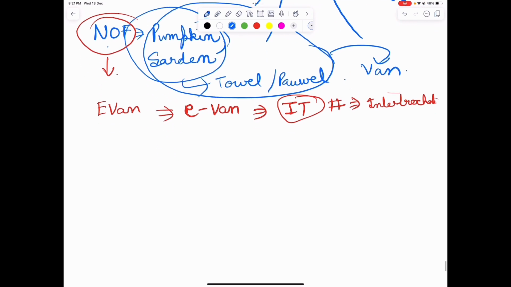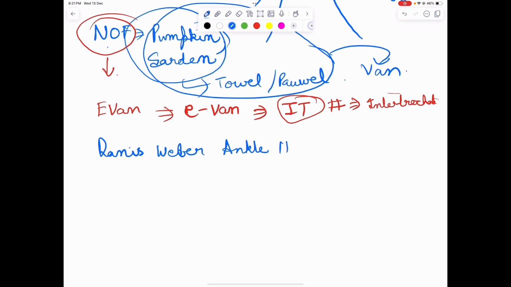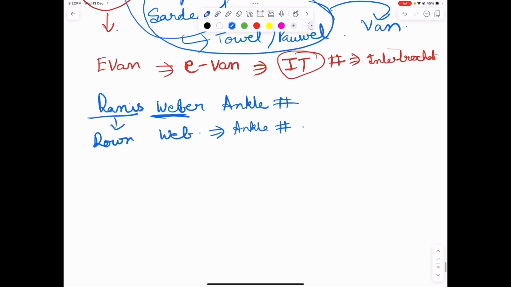Now Danis-Weber. Danis-Weber is associated with ankle fracture. Remember, the name itself says Weber, and Danis. Down the web is our foot, and in the foot we have the ankle joint fracture. Now we come on to the Kuwada,